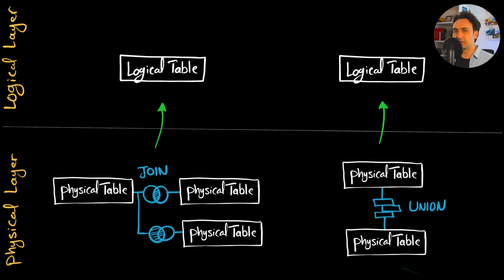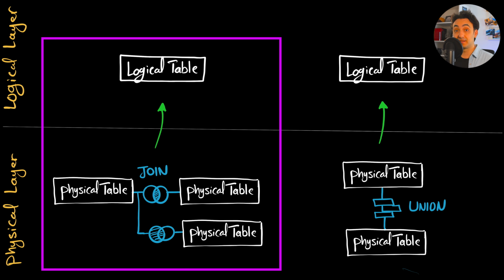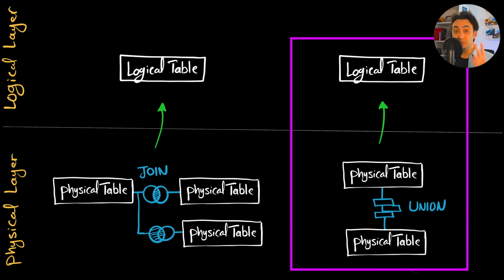So once we are building our visualizations, we don't want to see all those tables in the physical layer, so the logical layer is going to provide us an abstraction and hide all those details. The result of merging the tables using join and union in the physical layer is going to be presented in the logical layer as a single flat table, and we call it a logical table. So that means we're going to have two logical tables. The first one presents three tables after doing the join,